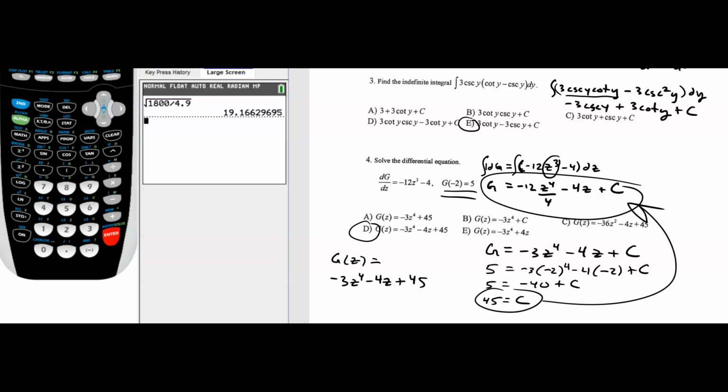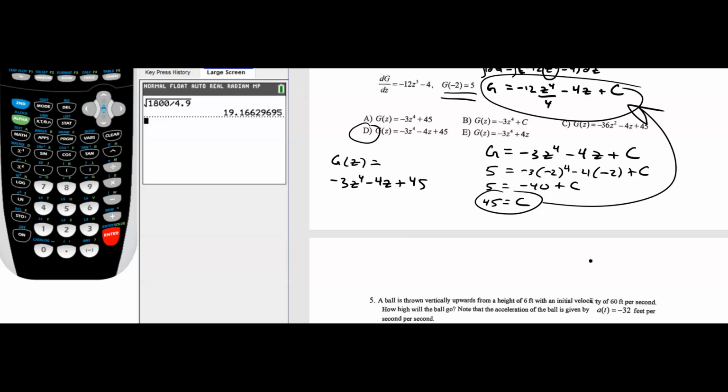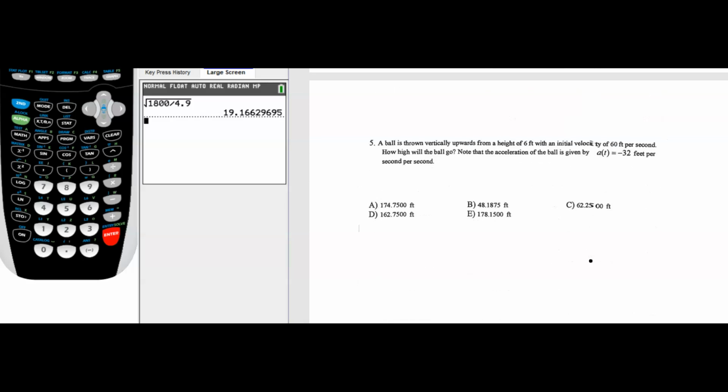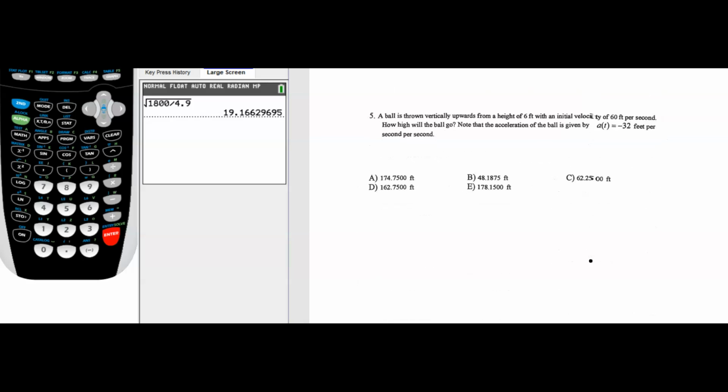And let's go to the very last example here in the practice right now. A ball is thrown vertically upwards from a height of 6 feet with an initial velocity of 60 feet per second. How high will the ball go? Note that the acceleration of the ball is given by acceleration is equal to negative 32 feet per second per second. So if acceleration is equal to negative 32, then velocity is negative 32t plus c, or plus v naught,